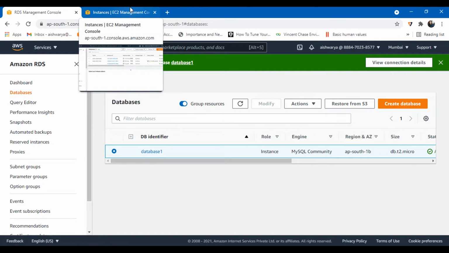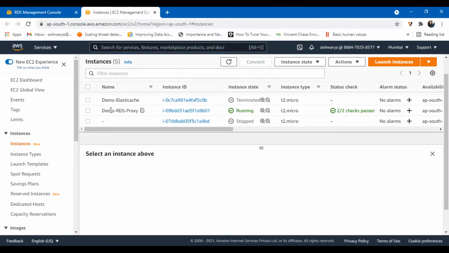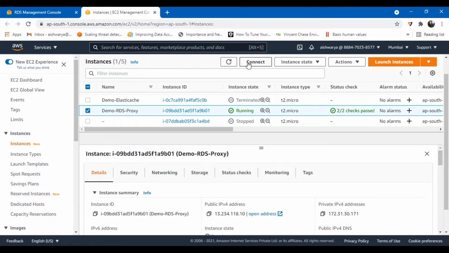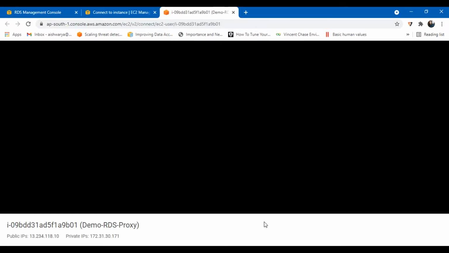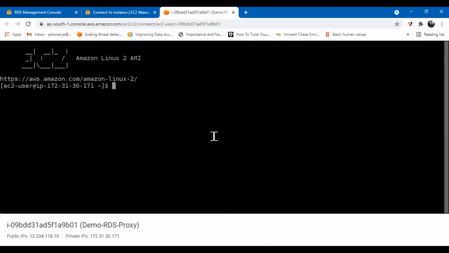Okay, so let's connect to the EC2 instance. This is the one that I created, and click on connect. And here I connect to my EC2 instance. So I'm into my EC2 instance now. Now let me install MySQL on this EC2 instance.